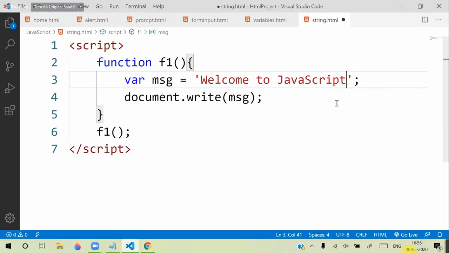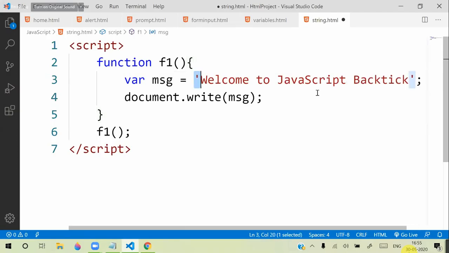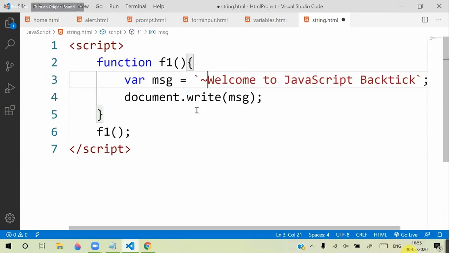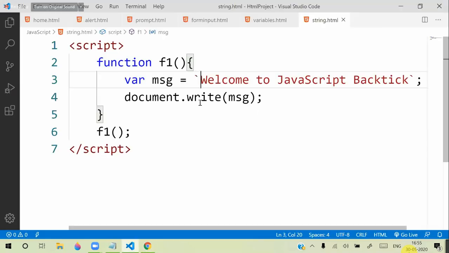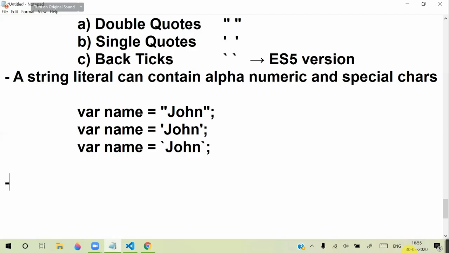You can use backticks also. Usually the backtick symbol is present on the tilde key. You see, you have a tilde symbol on your keyboard. Directly press that key and you will get a backtick, and you can see backtick is also working fine. Then when to use these three, what is the difference? Important is actually, always